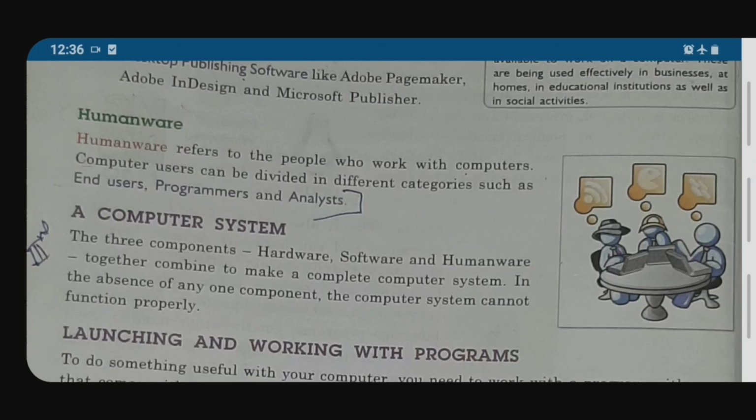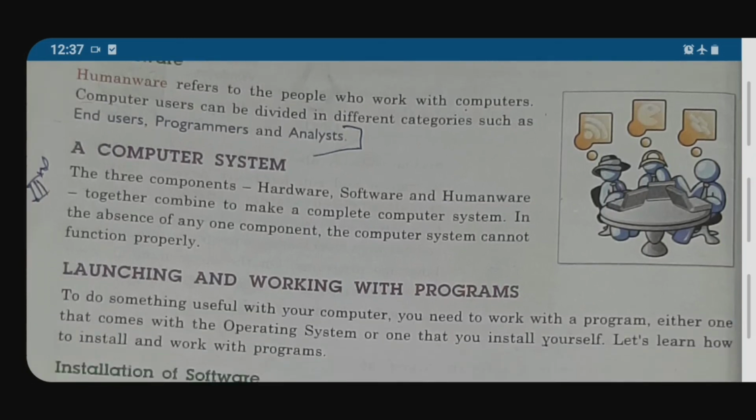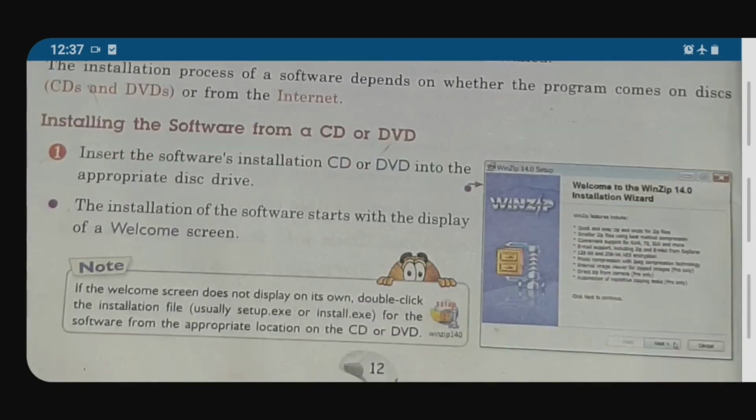Okay, understood? So today I am completing my topic. One more topic is left, which is related to the practical work. When you come to school, we will do the practical work at that time. Now I am sending you the notes as a PDF. You can write down all the notes. You can see here what notes are given in your book.